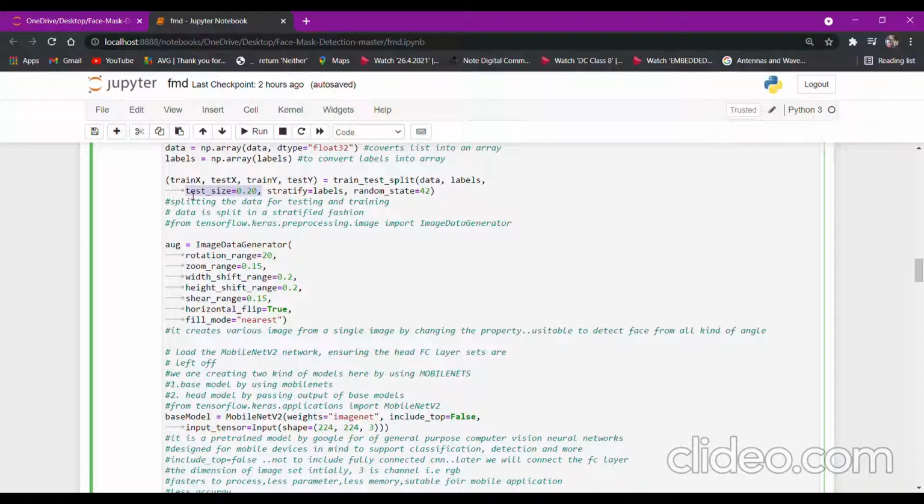That means 20% of the available data set will be allocated for the test, and the data used for testing will not be used for training purposes. It is random. We have taken a random state of 42. This doesn't matter basically. It is just a method by which they are segregating the data. It is the 42nd method.